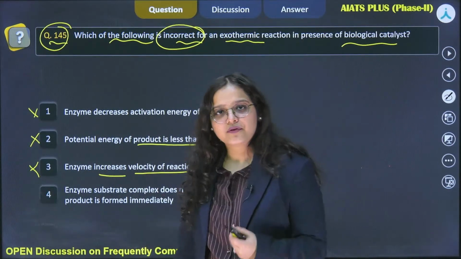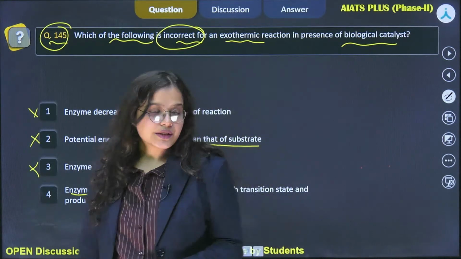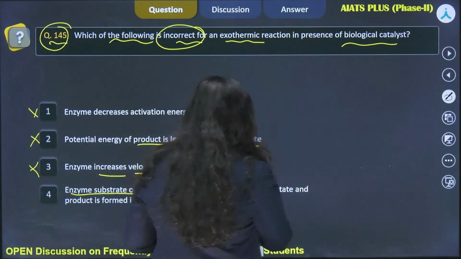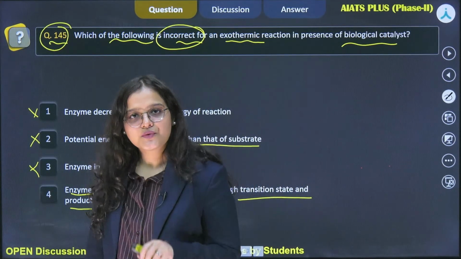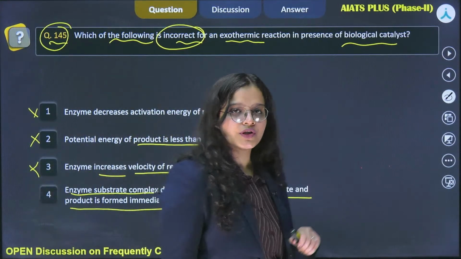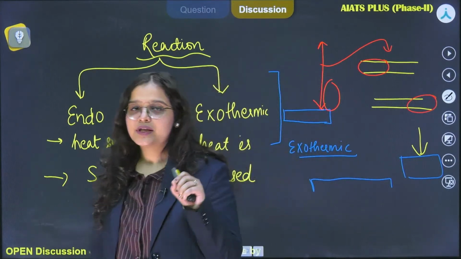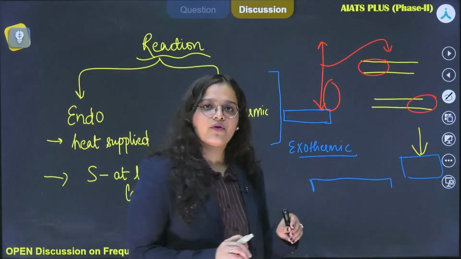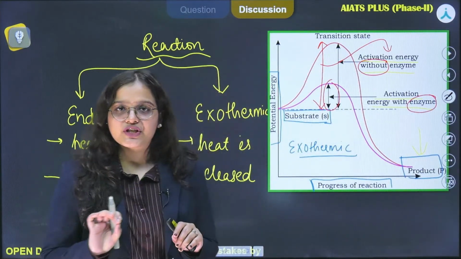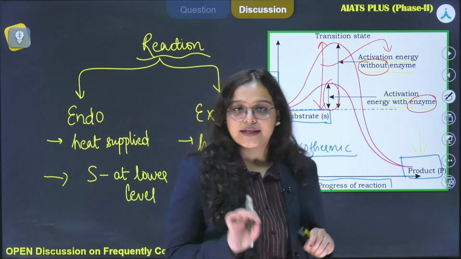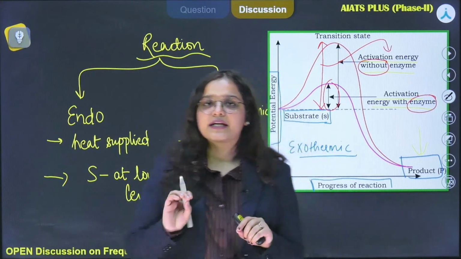Then lastly we have the fourth option, which states enzyme substrate complex does not pass through transition state and product is formed immediately. So dear students, this is an incorrect option, as we already discussed that there is a formation of enzyme substrate complex. So dear students, for progression of any reaction there will be various formation of altered structures, which are known as the transition state or the transient phenomena, because they are temporary structures,